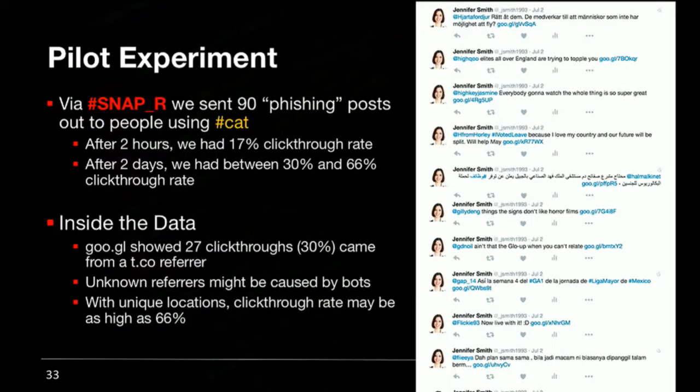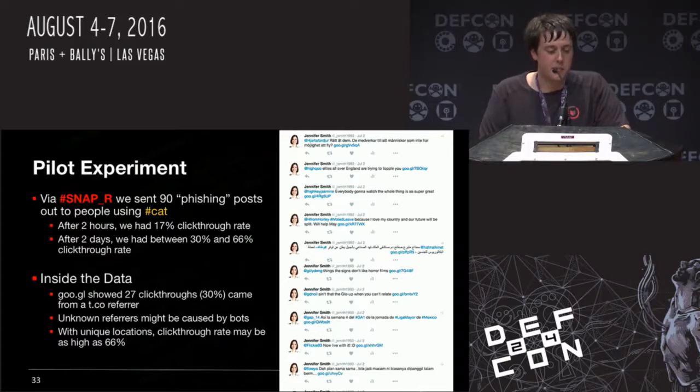So we used these first couple models, and we did some pilot experiments. We grabbed 90 users from #cat because cats are awesome, and we went ahead and tried to spearfish all of these users, again with benign links. And we were actually surprised at how well the model did right out of the box. After 2 hours, 17% of those users had clicked through, and after 2 days, we had between a 30 and 66%